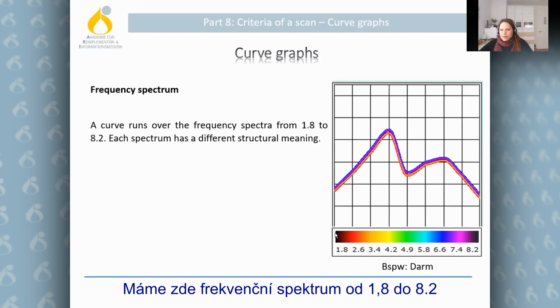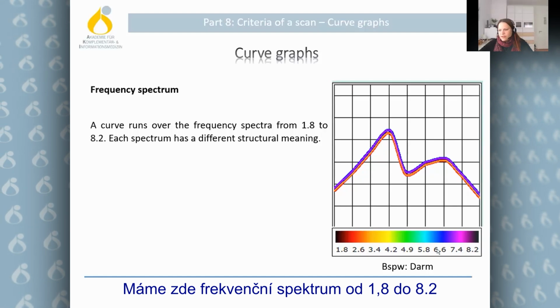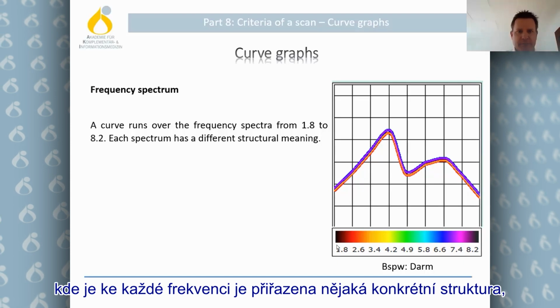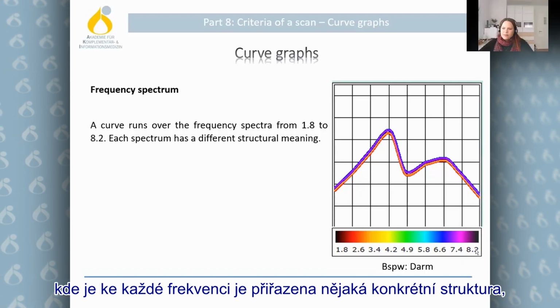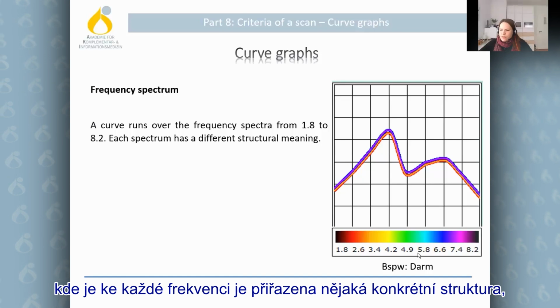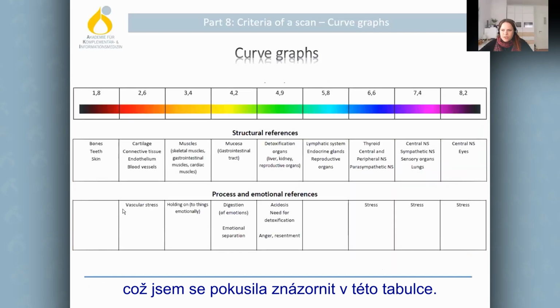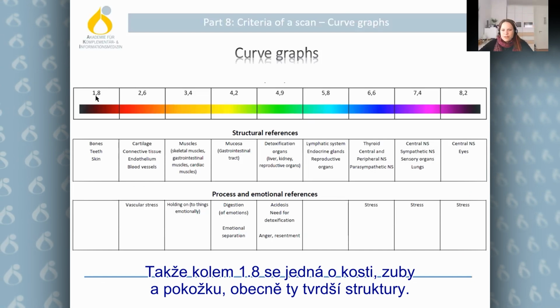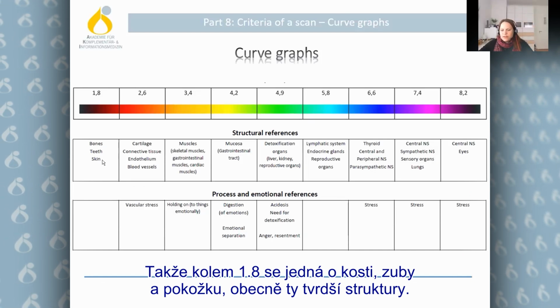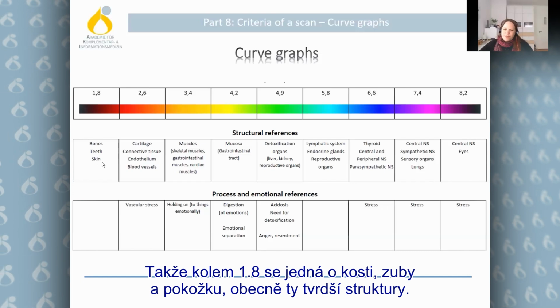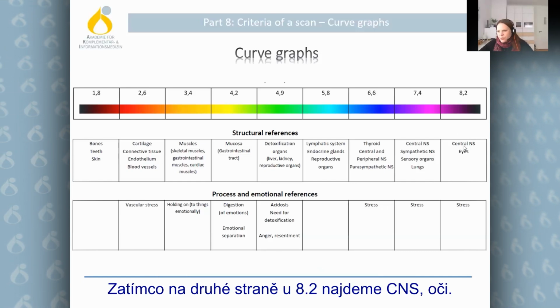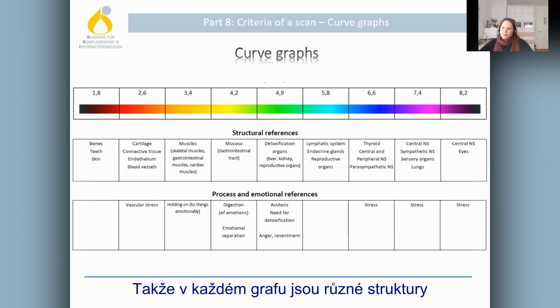We have these frequency spectra from 1.8 to 8.2. In every frequency spectrum, we have different structures connected to it, and I tried to bring this onto this table. From 1.8, we have more the bones, teeth, skin, more hard structures, up to 8.2, so very fine structures, the central nervous system, eyes. So these are different structures in every graph,